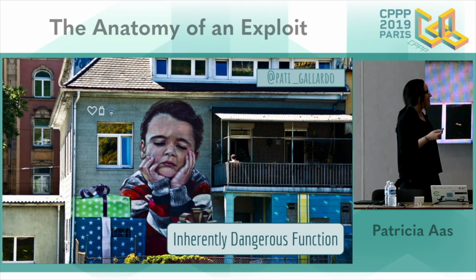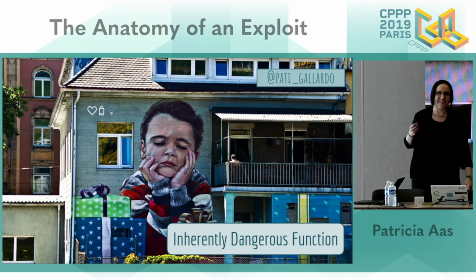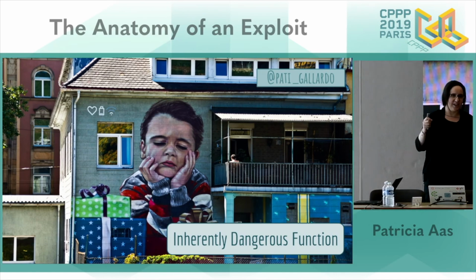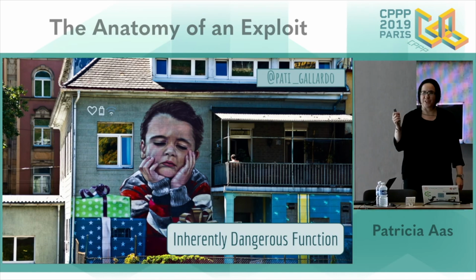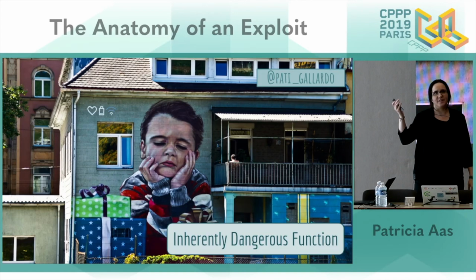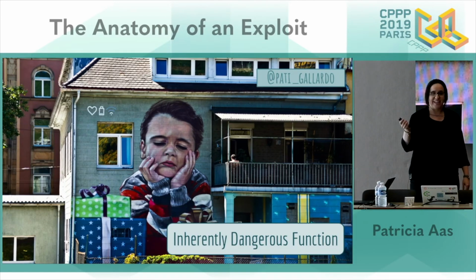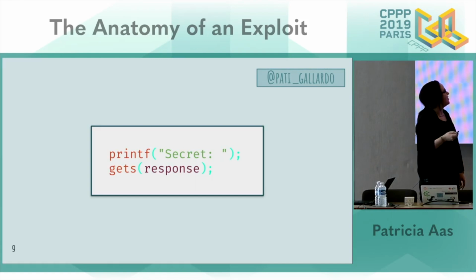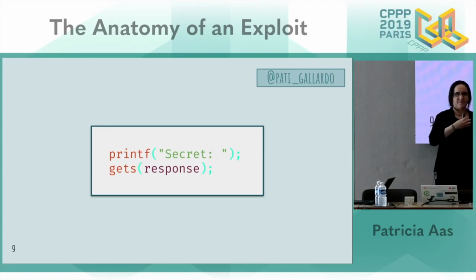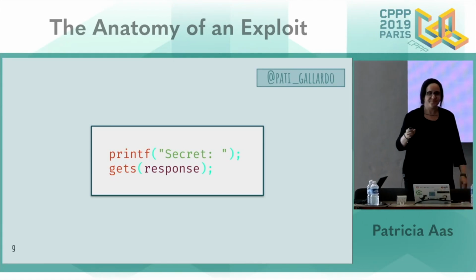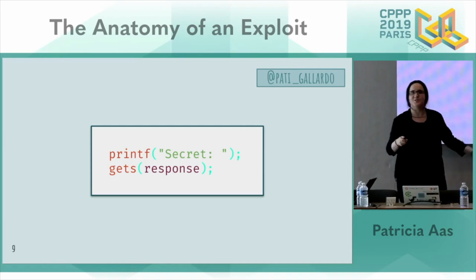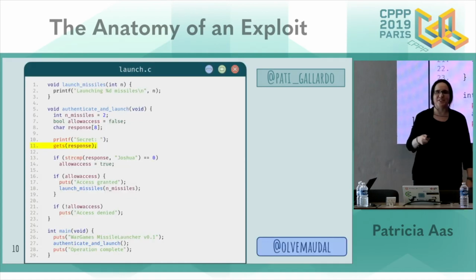So the idea here is to say that sometimes turning off things actually has real consequences. Okay, so the first thing we're going to look at is inherently dangerous function. This is the name of a common vulnerability enumeration. It's number 242, and it's called inherently dangerous function. And the whole item is basically around a function called gets. So gets takes some input from standard in and writes it to this buffer. And so the first part of this talk is going to be about these two lines of code, basically. But we'll put them in context.